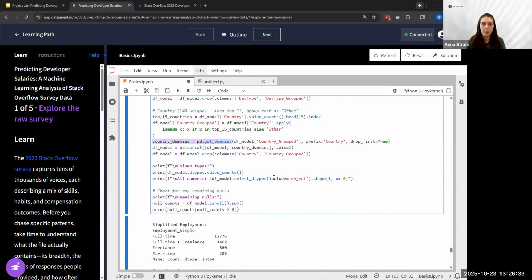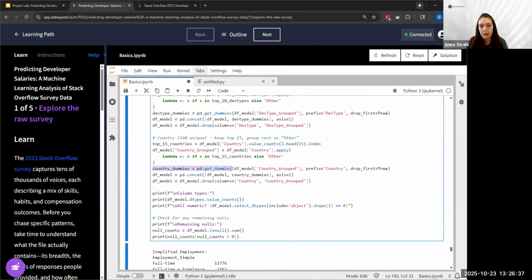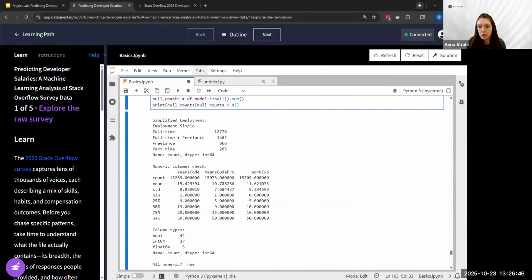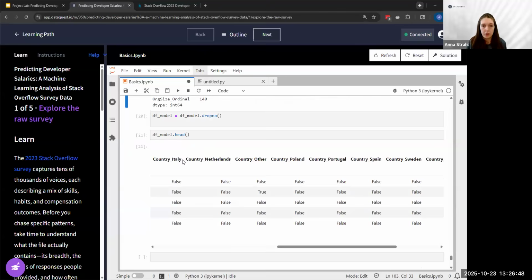What is happening when we use get dummies is it's taking the individual country names from one column and expanding them out sideways. So each country has its own column. Italy has its own column, Netherlands has its own column, everything we clumped together in other has its own column, Poland, so on and so forth.